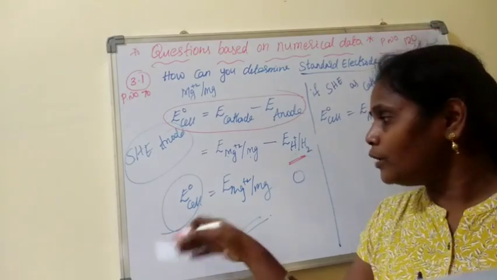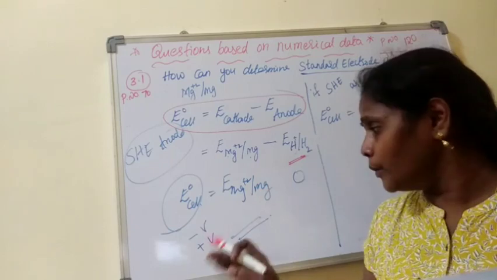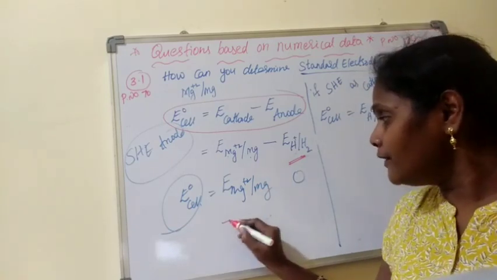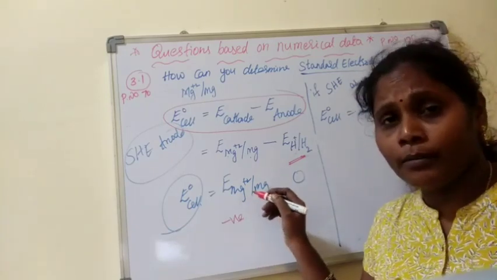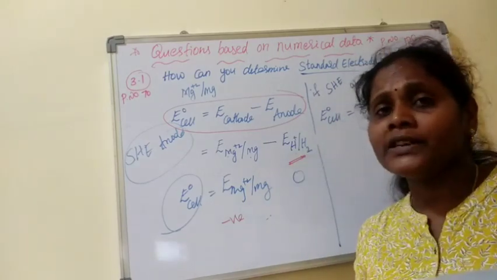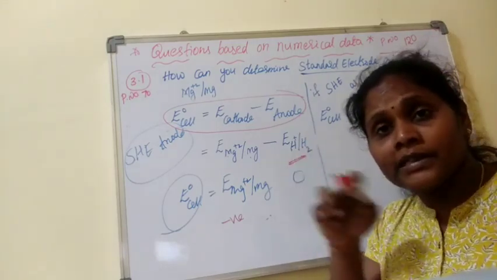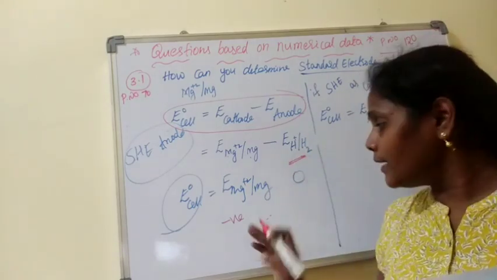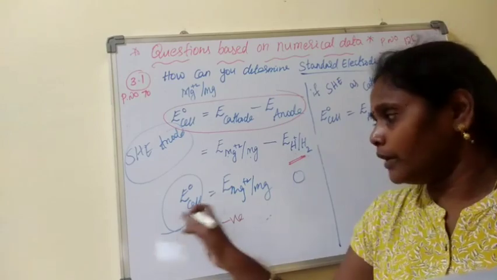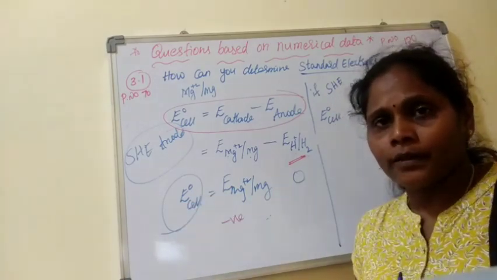So whatever value I get here will also be the reduction potential value. Here I am expecting a negative value because it is a pure strong metal, right? Strong metals are placed at the bottom of the electrochemical series. I remember lithium has a value of minus 3 point something. Like that, I am expecting a negative value. But whatever the E cell experiment shows, that is the answer, right?